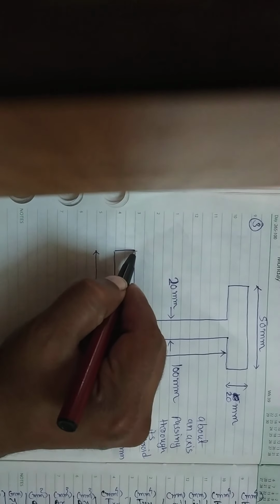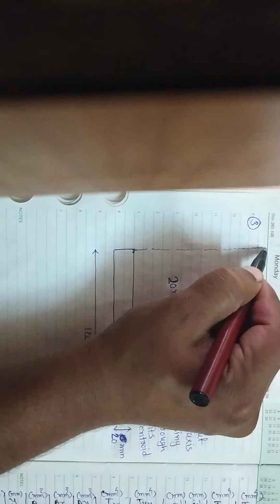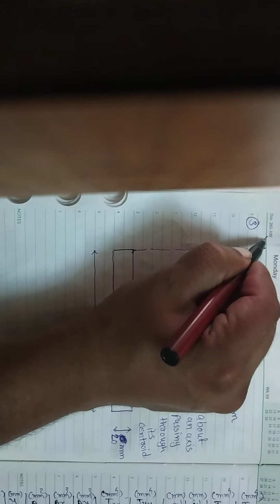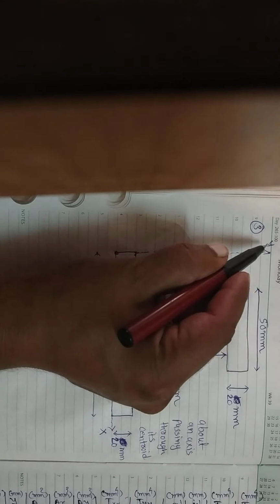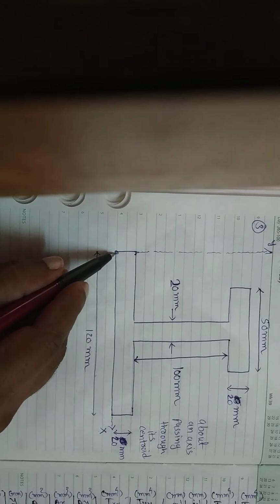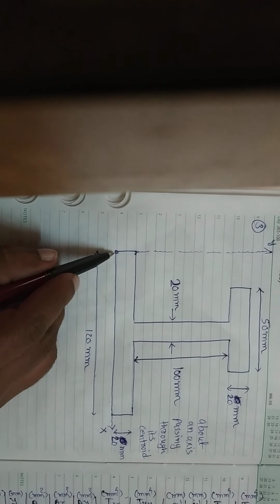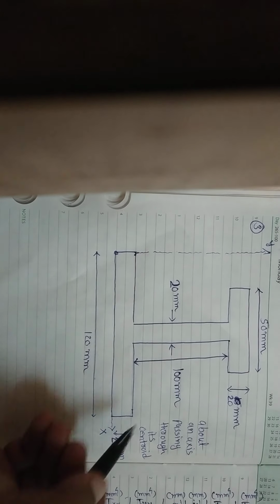To define the centroid, as I told you earlier, you have to draw the origin axes passing through the origin. These are imaginary axes, and they only help us find the centroid. This one is the y, and this one is the x. This one is the origin of this entire section. So we draw these imaginary axes x and y, with the origin here, and we have to find the centroid first.